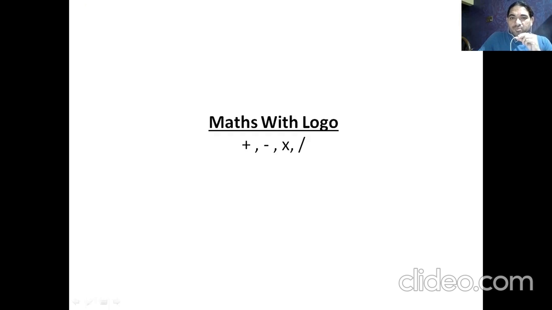So stay home, be safe. I'm going to send the notes along with this video. Try to write it down in your computer textbook, page numbers 23, 24 and 25. So total 3 pages are there. No need to maintain a separate notebook. Write it down in your textbook only, with pen. Stay home, be safe.